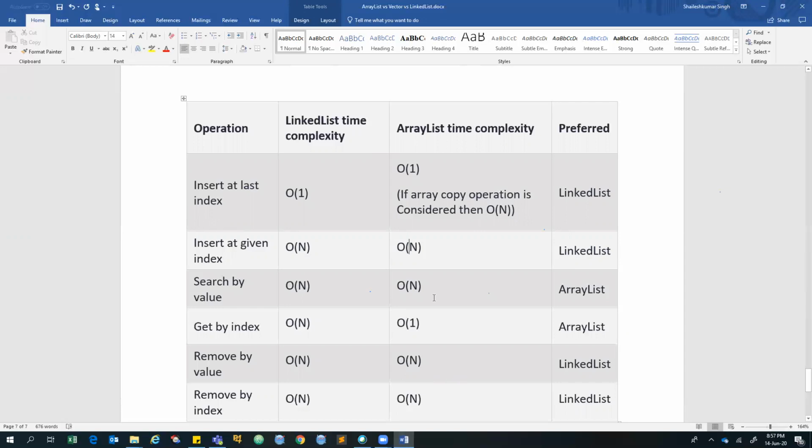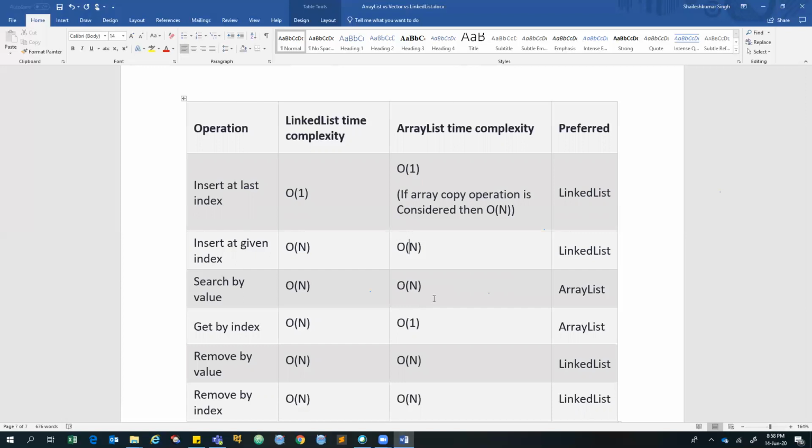I would say, suppose you are working on a small set of data, then you can directly go for ArrayList. But if you are working on a large data set, you should go for ArrayList. But again, there is a condition. Suppose mostly the operation is searching, and you just want to access the values, suppose the data is already stored and you just have to access it index by index. In that case, I think you should go for ArrayList.